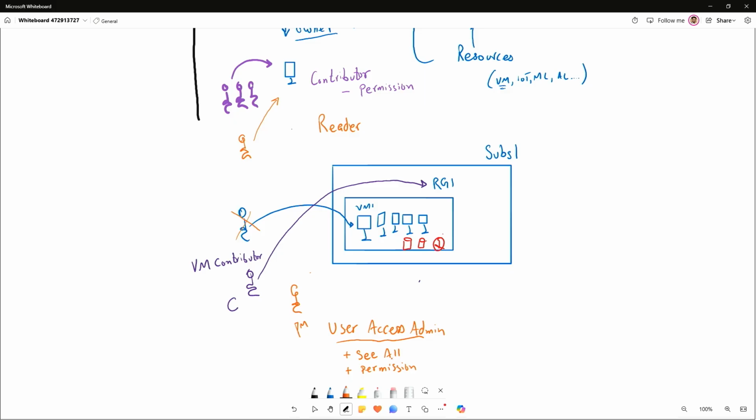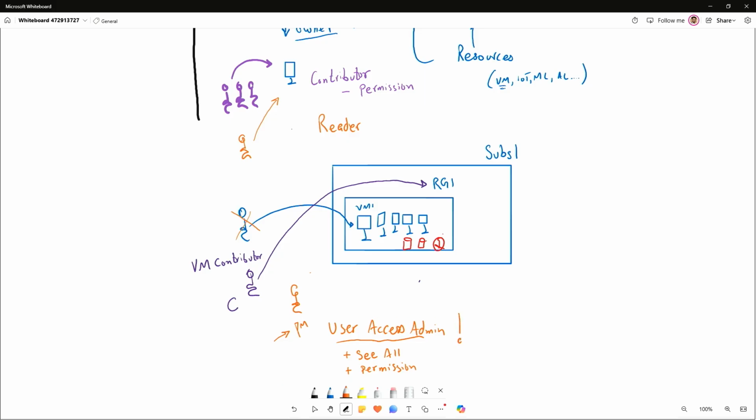So just assigning this User Access Administrator role to myself or someone else should allow them to go and change this PM's permissions, maybe make them an owner, again, least privilege access, whatever is required. You assign them the right role that they need to be able to work within this environment.